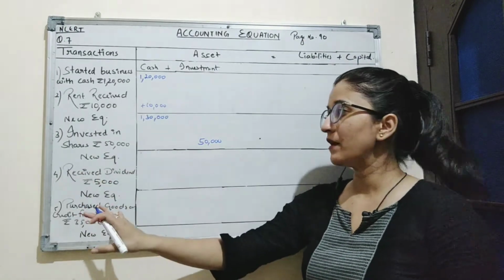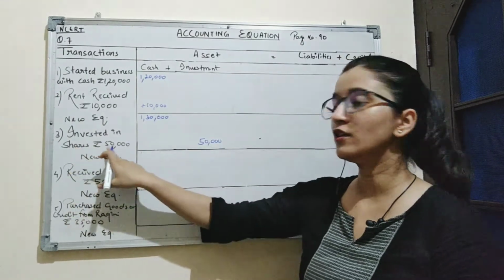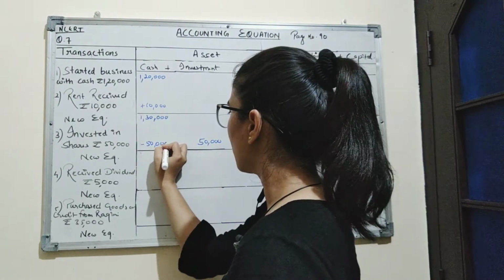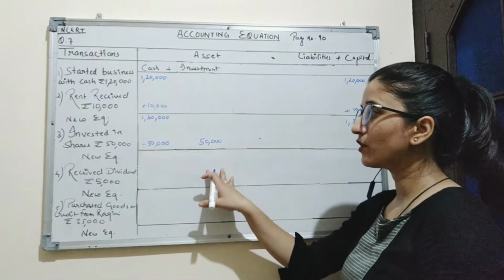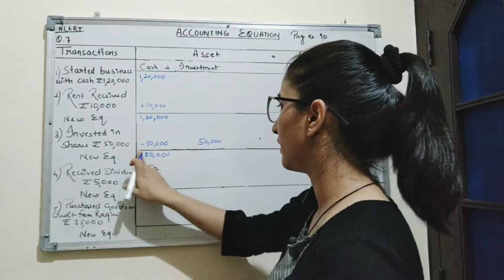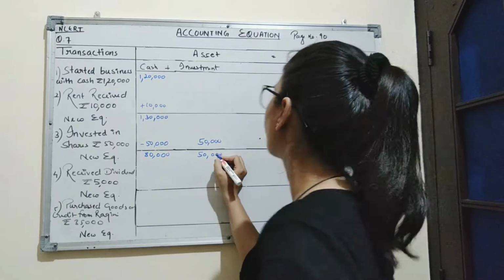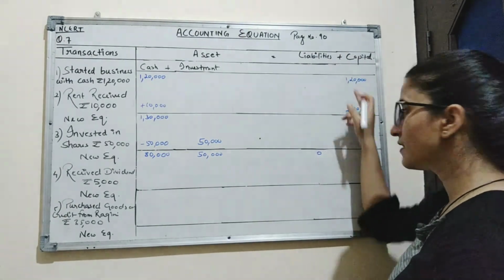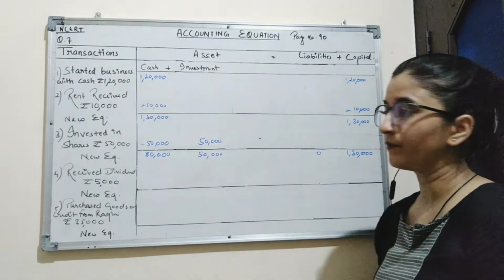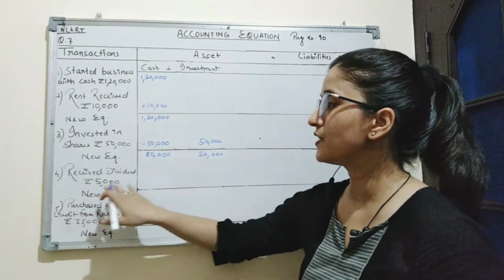While making the investment, there is an outflow of cash of rupees 50,000 because the company is investing in shares in the form of cash. So we will deduct rupees 50,000 from the cash column. Now by solving these two equations, we will get 80,000 in the cash column, investment amounting to 50,000, no amount of liabilities, and capital amounting to 1,30,000.